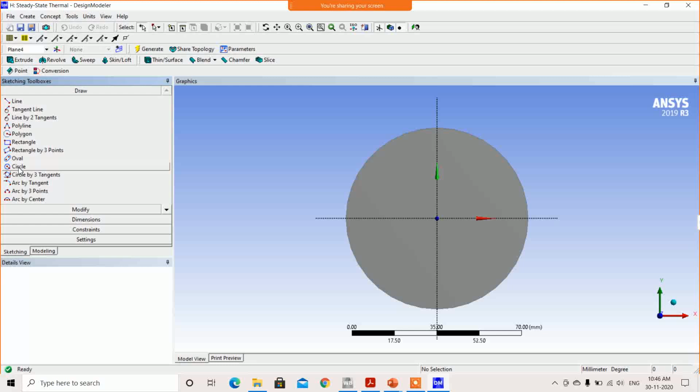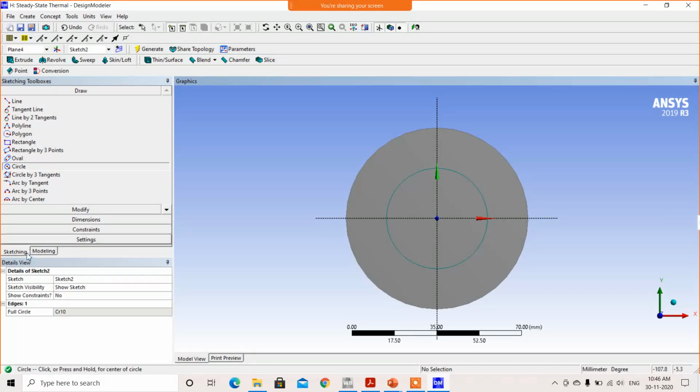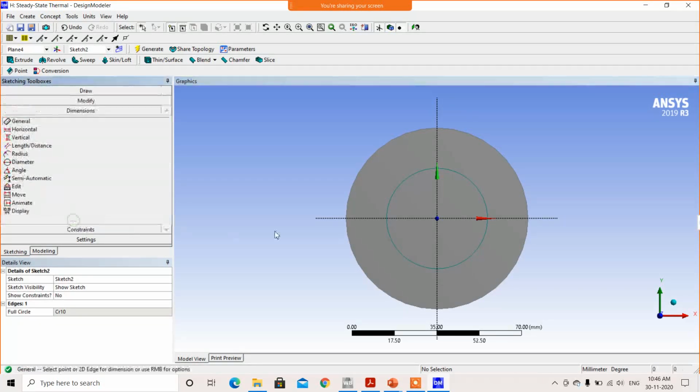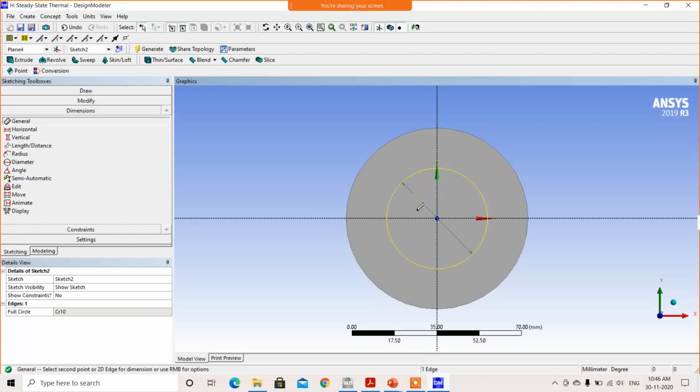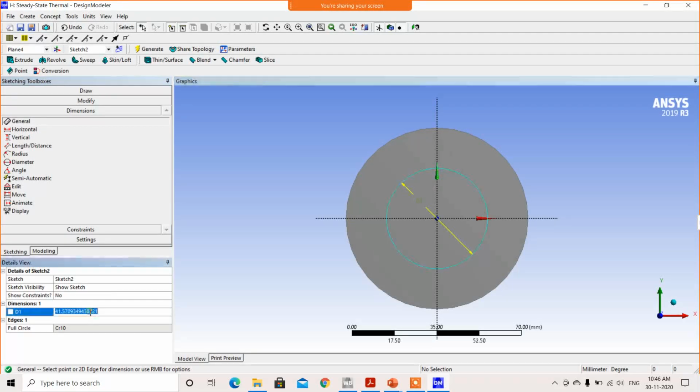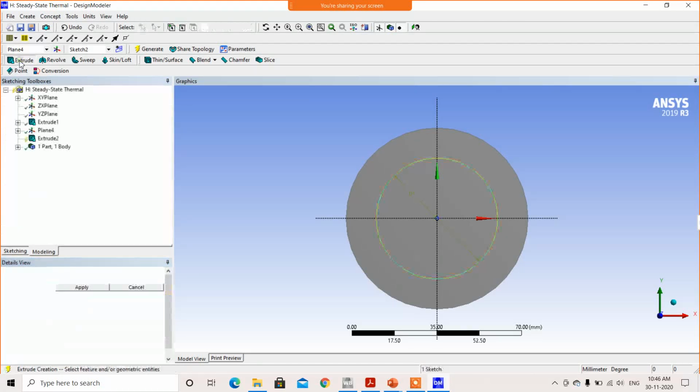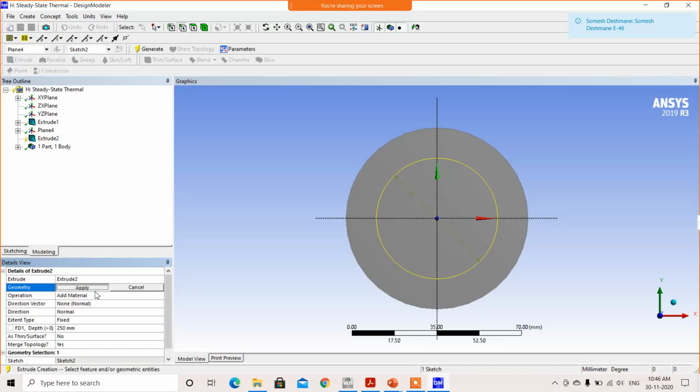Simply again click on circle, go to the sketch. Give the diameter dimension. I want this as 50 mm. Got it? Extrude, apply, and I want it up to 100 mm.